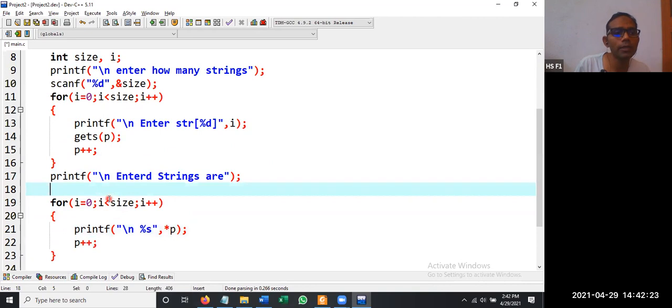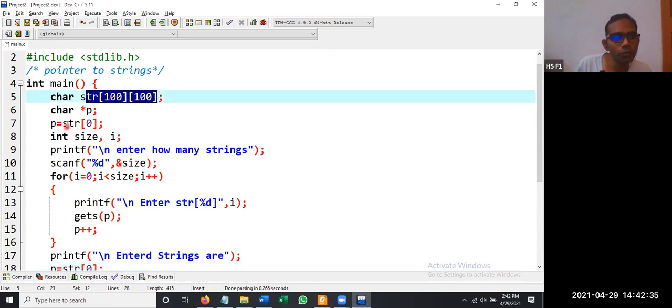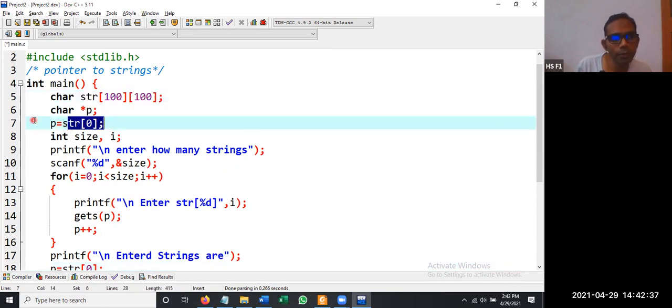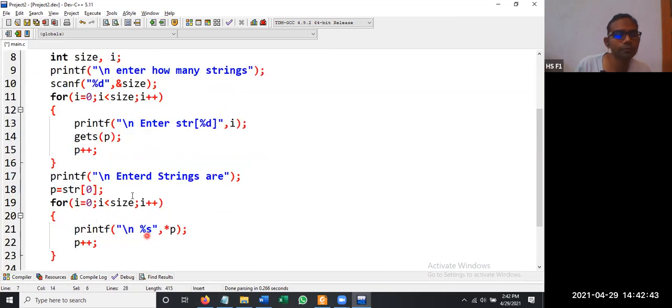Before this, we need to again assign p is equal to str of 0. Is it str or str1? Yeah, str is a two-dimensional array. We are assigning the first dimension to p. Then we are accepting the values. We are printing the values.